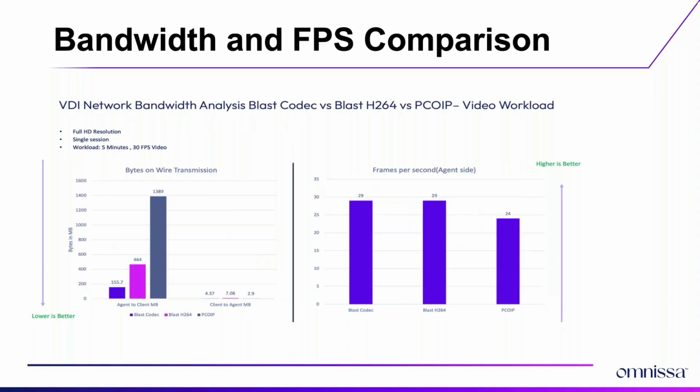So what about the bandwidth? Okay, so I convinced you that the graphics are going to be great. I convinced you that your host density is going to be okay. What about the load on the wires for the network? That's going to improve too. So again, we're starting with the chart on the left. The BLAST codec is in purple. The pink is also BLAST, but it's H.264, not the BLAST codec. And then PCoIP, just dramatically better to move to BLAST. And even at that, the frame rate is going to be a little bit better with the BLAST codec than PCoIP. It's just a better protocol.